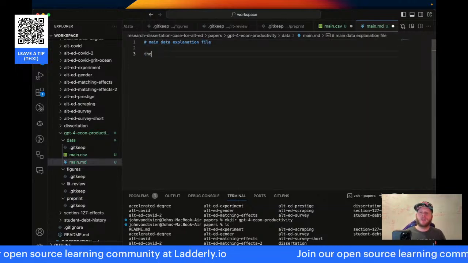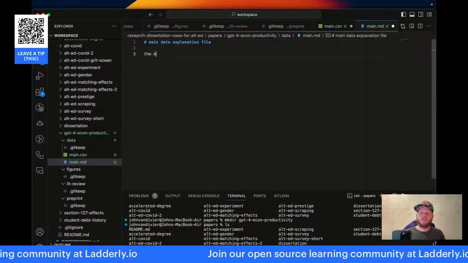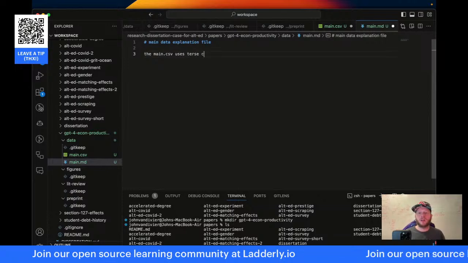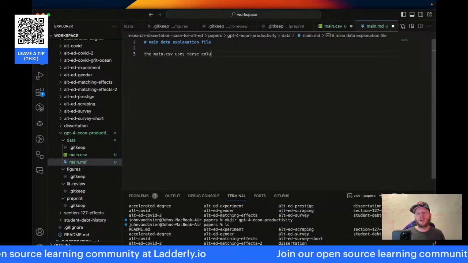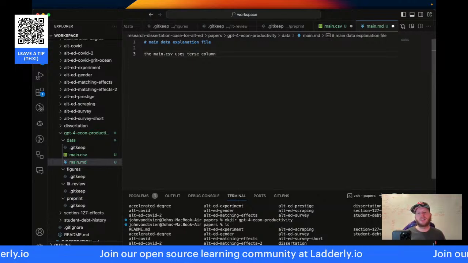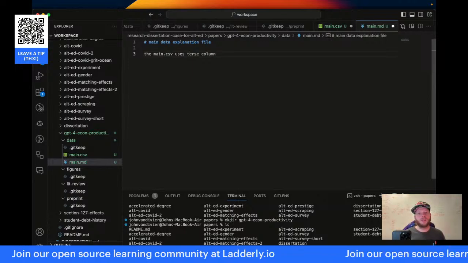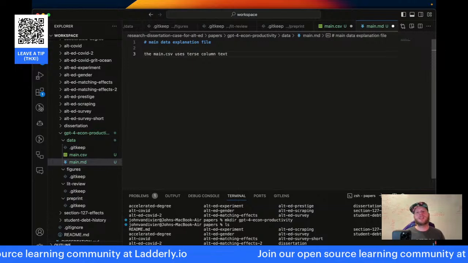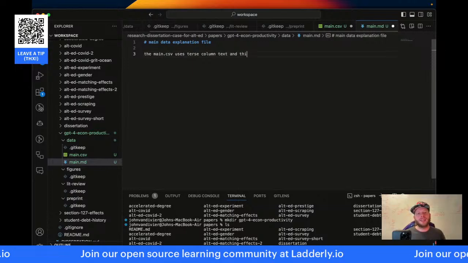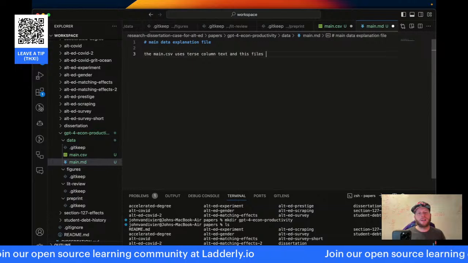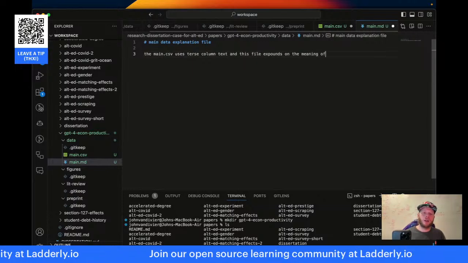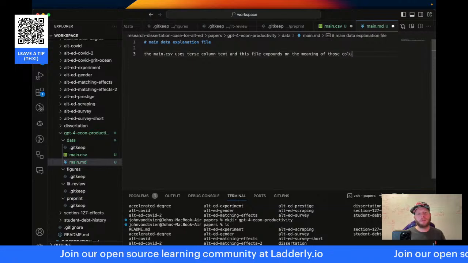The main.csv uses terse column names, and this file expounds on the meaning of those column names.